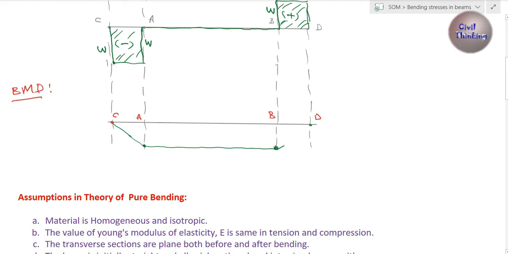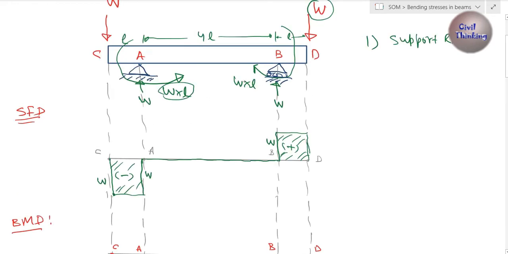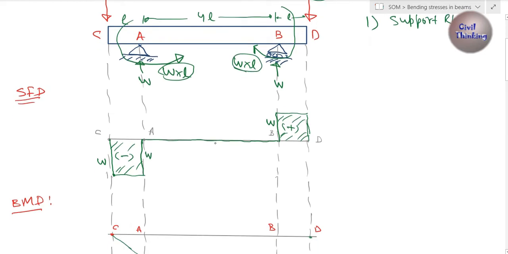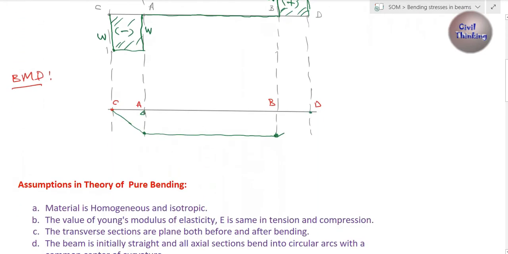right? So let's say the moment here is up to WL, because WL is here and WL is the same, it means they will have the same height, so this height is WL. Because here is WL, so this will be WL. It means this line from A to B will be a horizontal line, and at D it is 0. I will connect these 2 points with a straight line. Why? Because in the case of point loads the bending moment diagram is straight. Anyways,